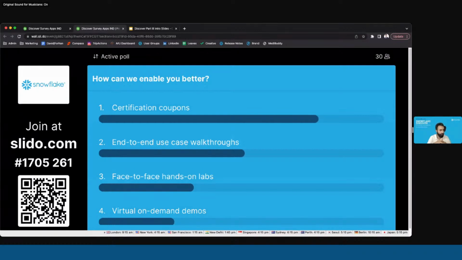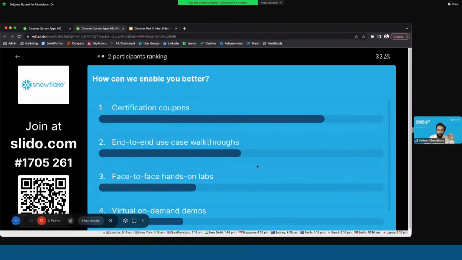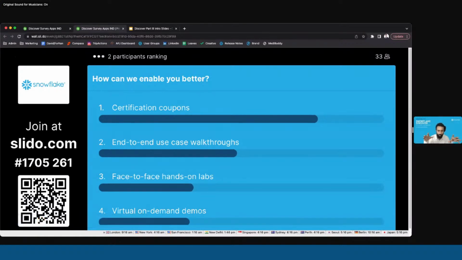I don't know, if it's in banking, financial services, is it claims litigation, insurance, in manufacturing? Is it predictive maintenance? What is it? What is it that you're really looking for? How can we enable you better? Because we want to do this in a more focused fashion. And the only way we'll be able to do it is to get some feedback from you, understand what you want, and then deliver that content